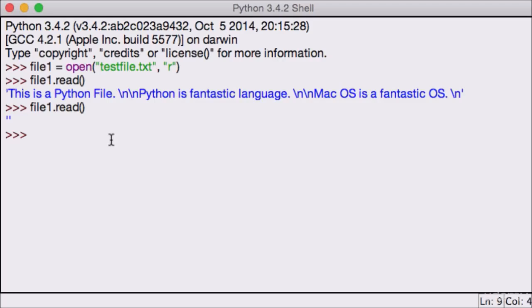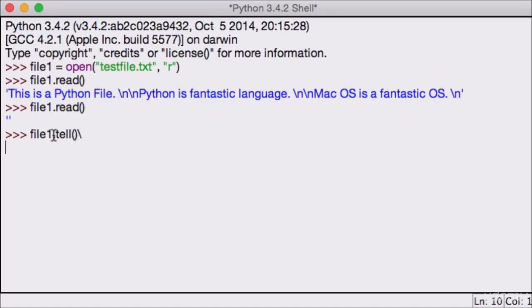So this is where a slight problem can be encountered. You may think, hey, why isn't it reading? Well, the real issue here is our cursor currently is at the end of the file. What we have to do is get this cursor to the beginning of the file. So if you're wondering, well, I don't believe you, how is that true? What I want you to do is go ahead and type in this function,